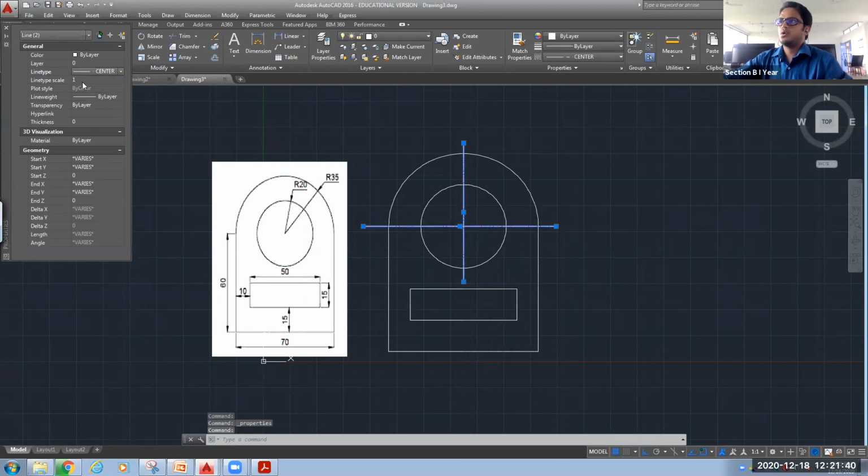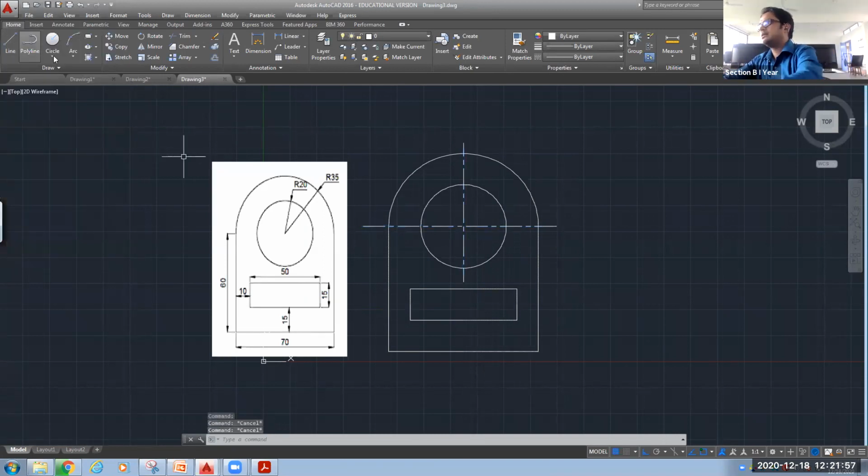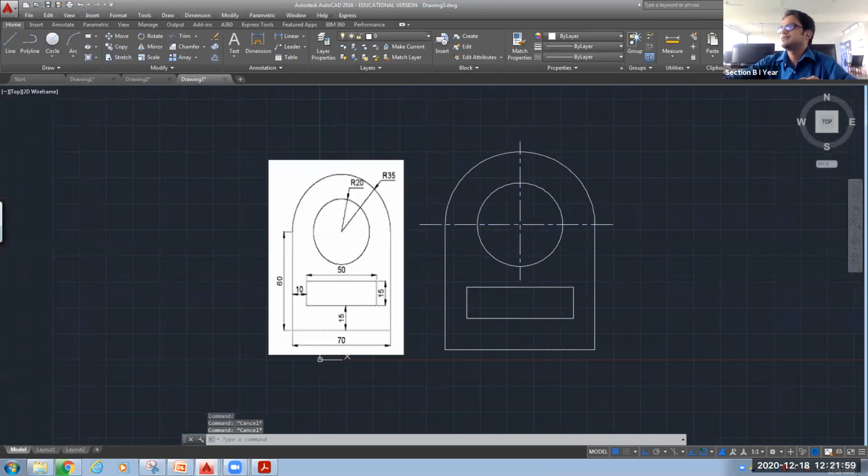Okay. Now again you have to make the scale to 5 for clear visibility. You can see the changes. If I am changing here, suppose I am making it 8, so you can see the modifications that is visible here also. Okay. So as per your requirement, you can do those settings. So this is the drawing that we need to draw. Okay. Now we will give the dimension.